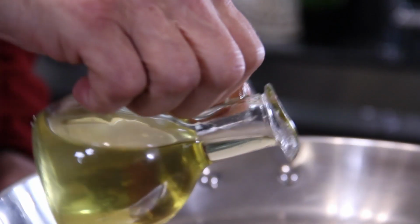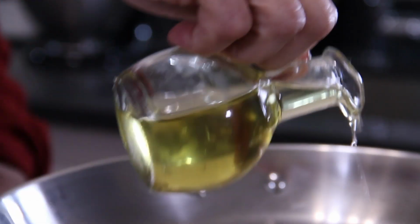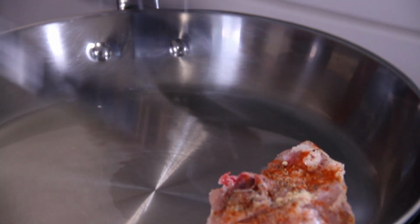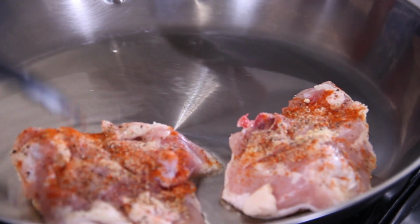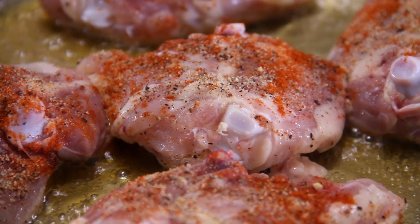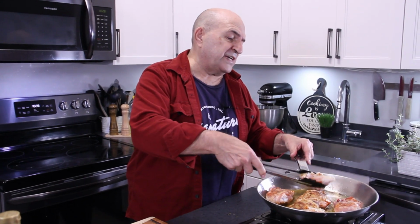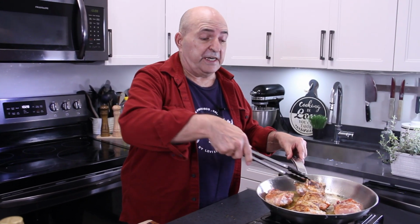Alrighty then, next up, some oil into a pan over medium-high heat. Chicken in, skin side down. Listen to that sizzle. And we're gonna fry this up until we get a sear on the skin side and everything is cooked through. Now these are gonna take, I'd say, about 5 or 6 minutes on each side, guys,